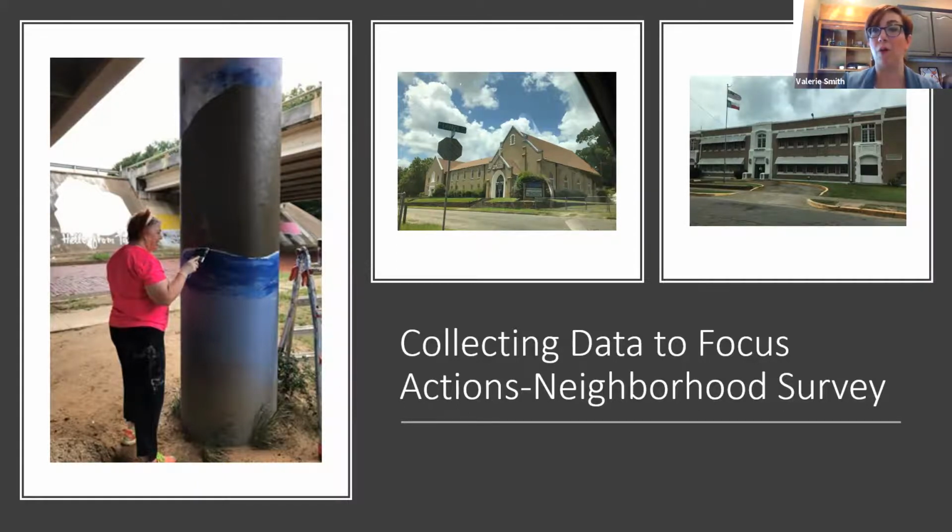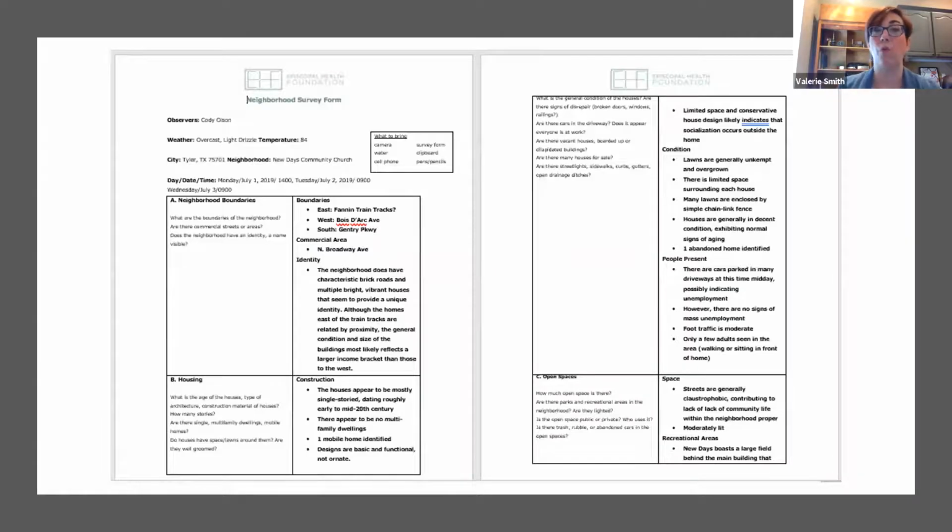And so what we did is we completed a neighborhood survey. A neighborhood survey can be done by walking, or it can be done by driving through. Some people call them a windshield survey. This is the template that we utilized. It was developed by the Episcopal Health Foundation, which is a grant funder for our organization. But it helps you think about different parts of a community, and use just observation. And then if you are walking, you can also talk with people you run into about what the resources are, and what maybe the needs of the community are.